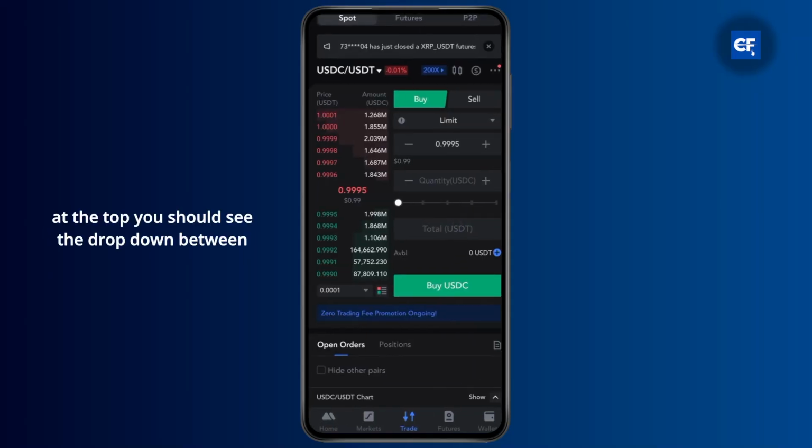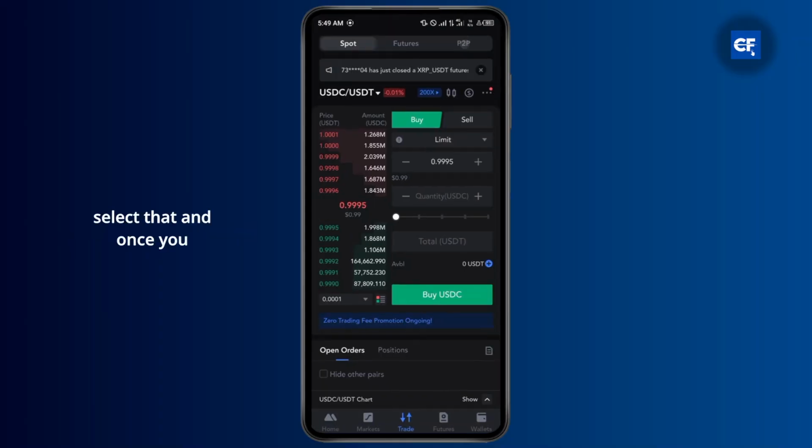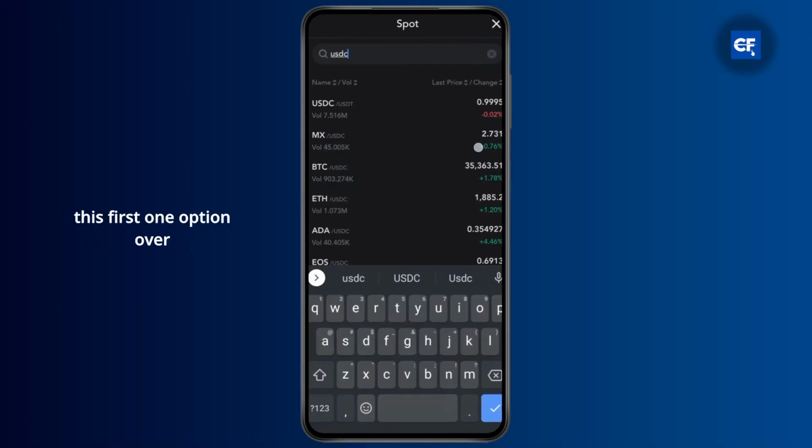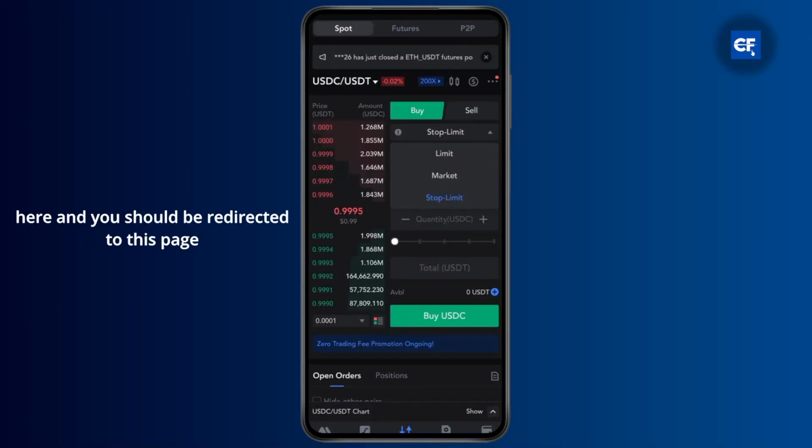And at the top you should see the drop down between USDC and USDT, so simply select that, and once you click on that, search for USDC/USDT. You can just tap on this first option over here, and you should be redirected to this